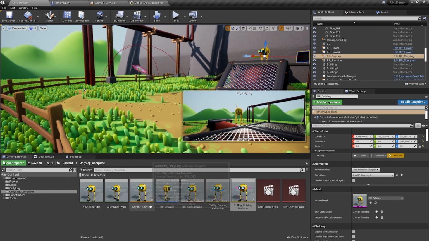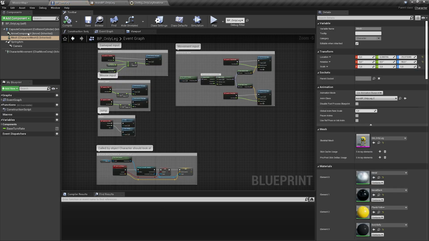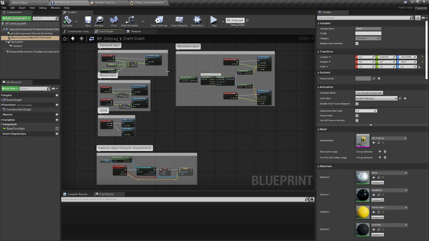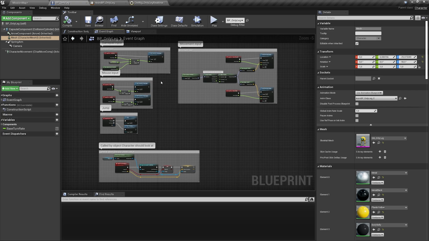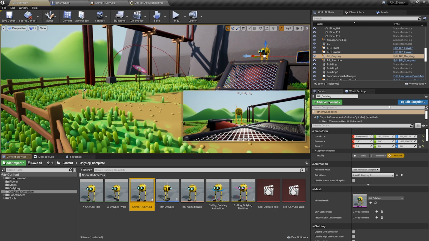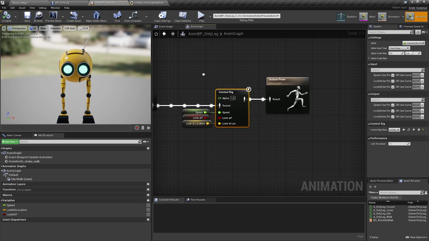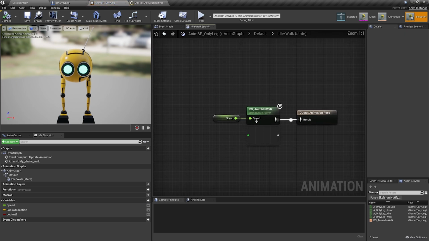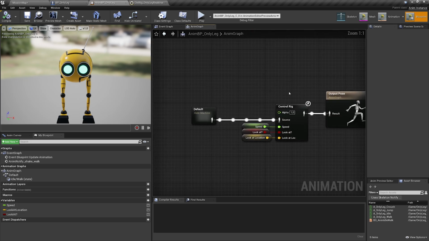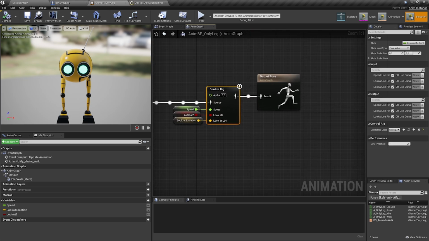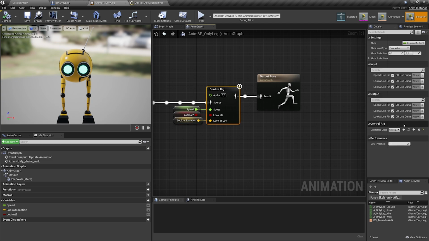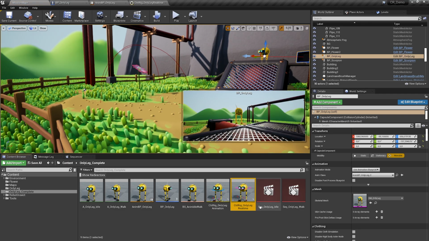The Blueprint of him is really straightforward. As said, it's just using the template. So I just changed the character, nothing fancy in the graph, and added an animation blueprint. And the animation blueprint is also extremely straightforward. It has a state machine with just a blend space right now between idle and walk. And then there is a control rig node, which gets some information like speed, look at, or location, the look at location. And here is a graph for real time.